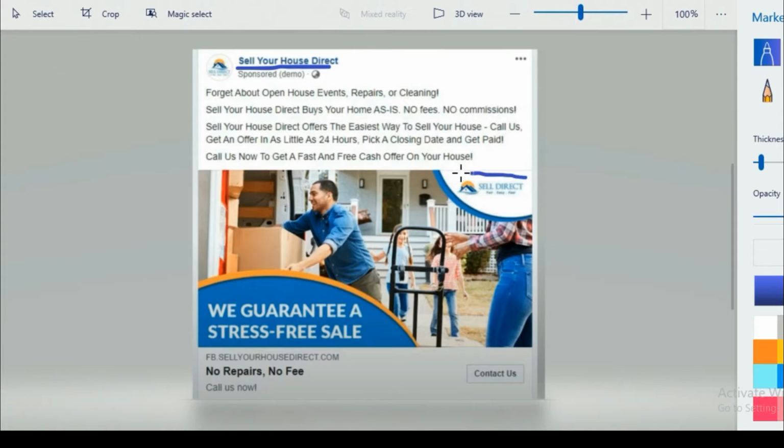So the first thing that you should always include in your Facebook ad is a logo. As you can see, we have included the logo in the creative, and also here you can see the logo. You should always include the logo because it builds trust and authority in the person viewing your ad, and when the person sees your ad again and again, they will build trust in your brand, and it will make it easier for them to buy a product or service from you. So always make sure that you include the logo. It doesn't matter whether it's on the top right or on the sideways, but make sure you have a logo in your video, photo or carousel images, whatever creatives you are using.